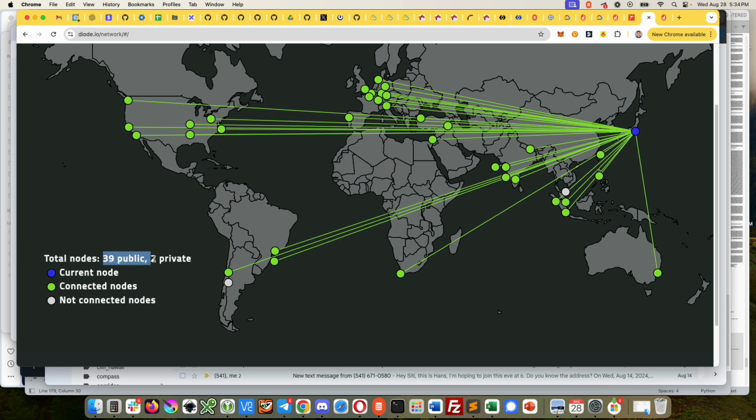Now we have 39 nodes online. So that took me from zero state on Google Cloud Platform to deploying in 3 minutes and 20 seconds, something like that. So you can